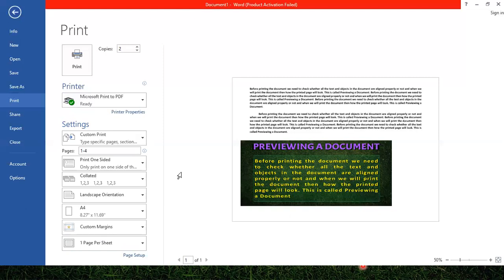For example, when you print the document now, like this the document will be aligned on your page, and like this only the print will appear. So you can check the print preview. You can change the spacing between the lines. So all these things are known as formatting a document.